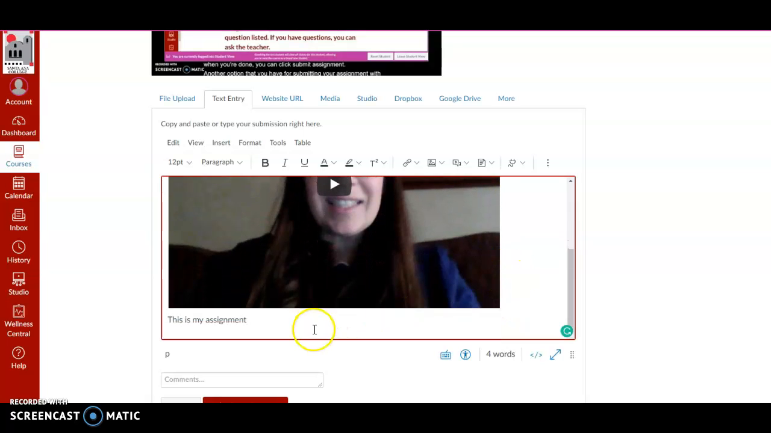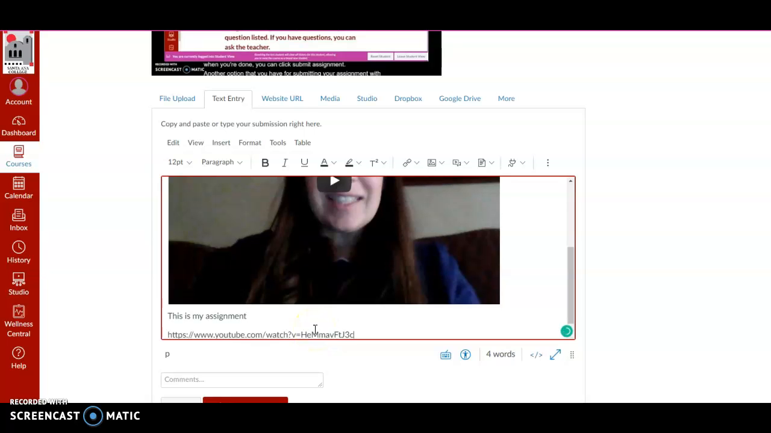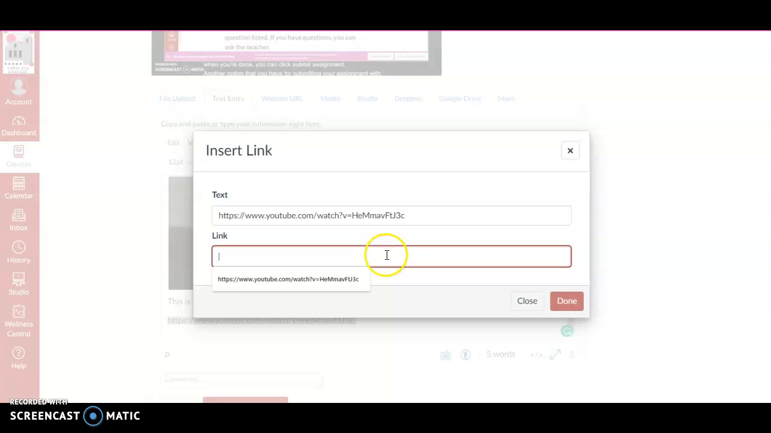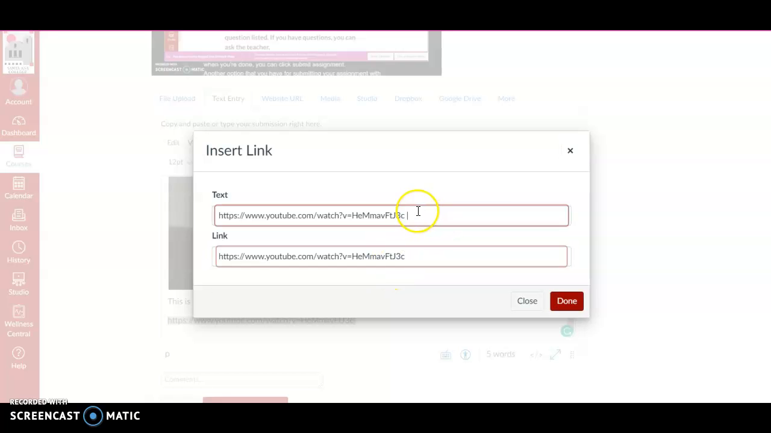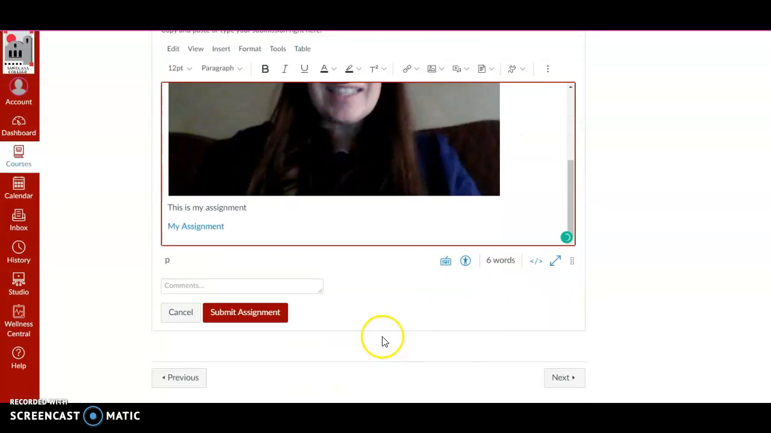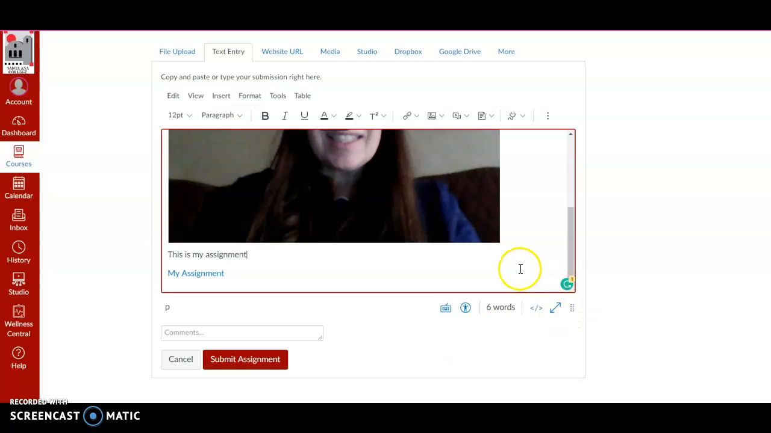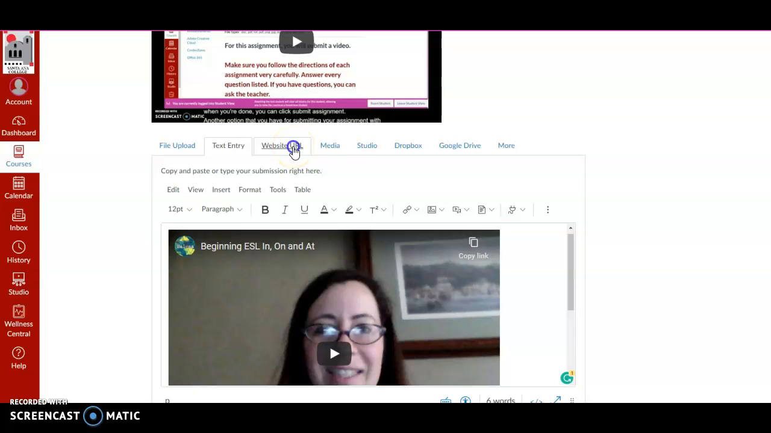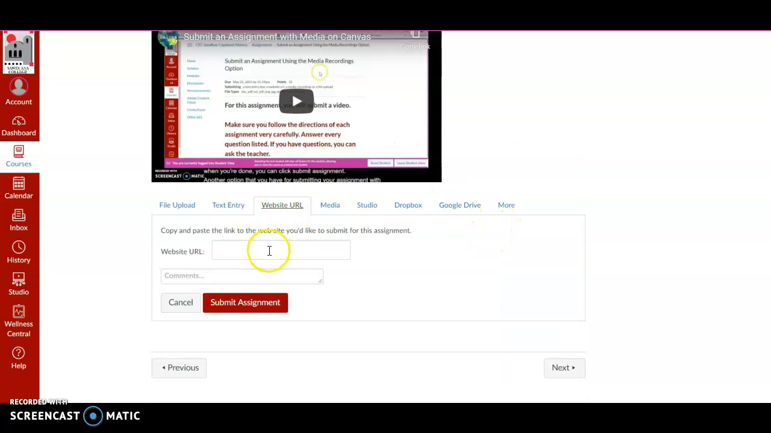Like I said, you can also just add a link for a YouTube video like this, and then highlight it, and then click link. And when you do that, then you can also add the link there, and then you can add text here. My assignment. And that's the different ways that you can add a YouTube video onto Canvas. The last option is to just click on the website URL, add the website URL there,